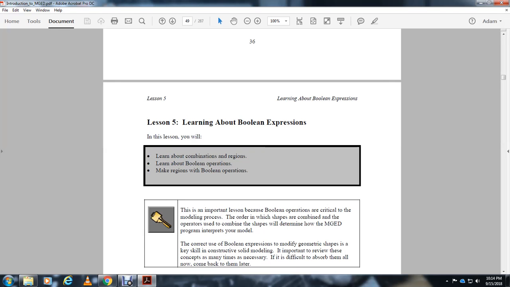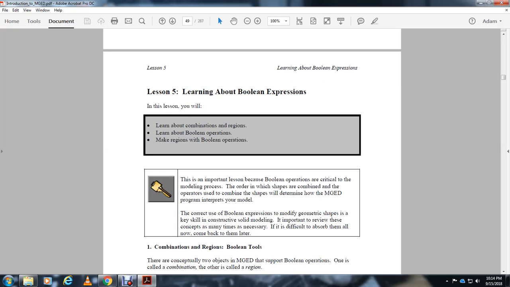Alright, lesson 5. Learning about Boolean expressions. In this lesson, learn about the combination region and the Boolean operation. Key point: this is an important level of the Boolean operation, critical for modeling properties, the order of which